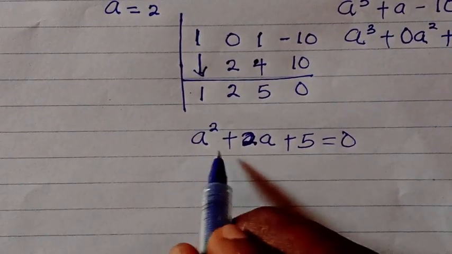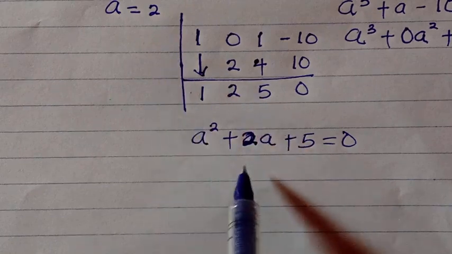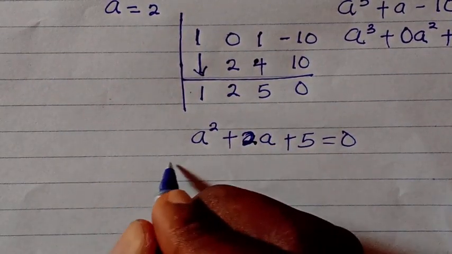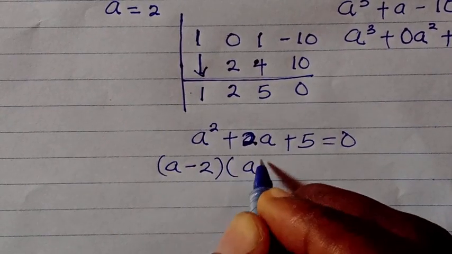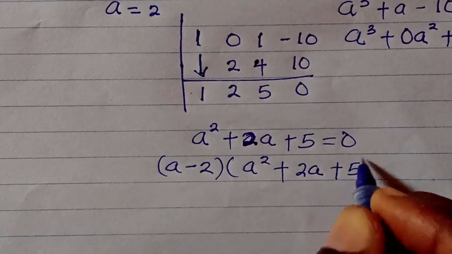So here is the other part of the cubic equation above. That is, the complete factorization of this is (a minus 2) bracket open (a squared plus 2a plus 5)